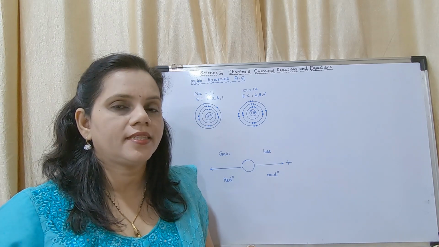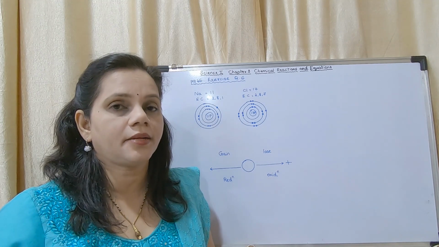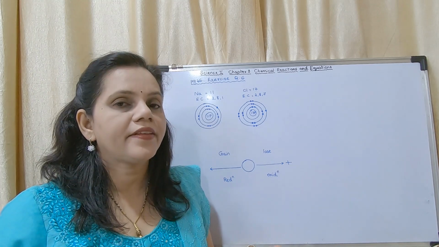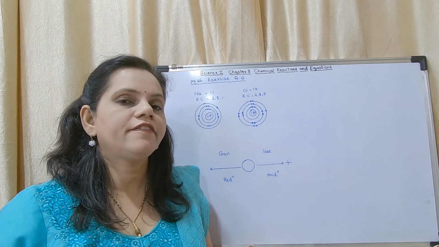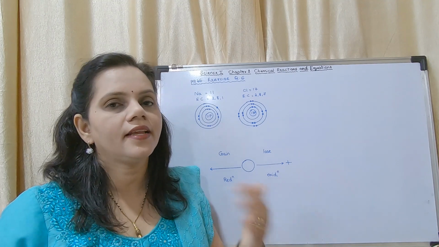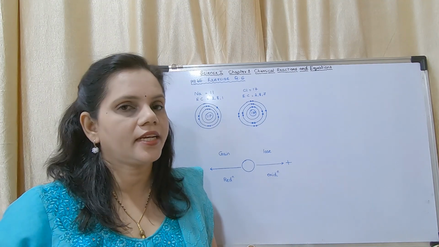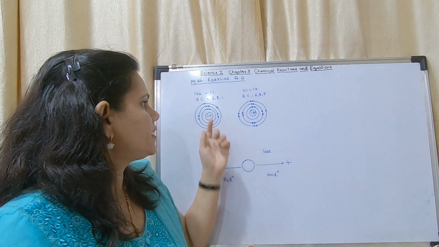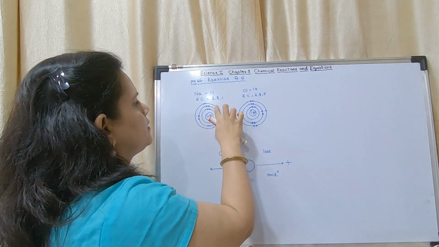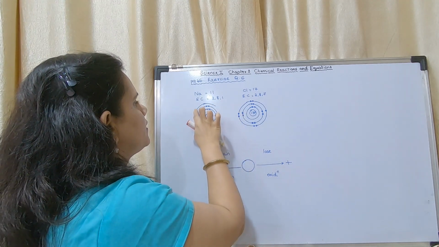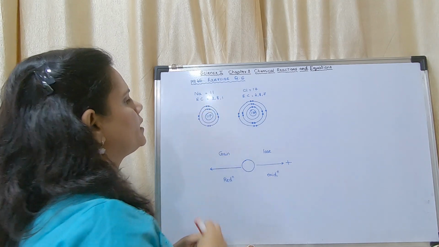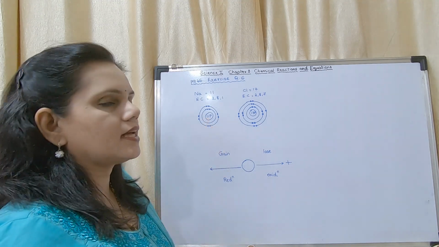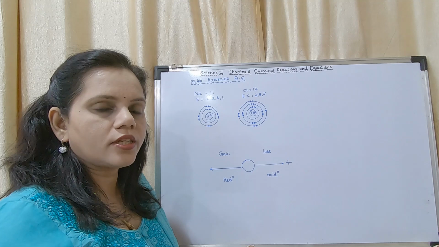I had told you when we studied the second chapter, if there are 1 or 2 or 3 electrons it will give, if there are 4 it will share, if there are 5 or 6 or 7 it will gain, and if there are 8 it does not react. So if it has 1 electron it will give. If it gives 1 electron, after giving that 1 electron, how many electrons does it have? It has 10 electrons. How many protons does it have? It has 11 protons.